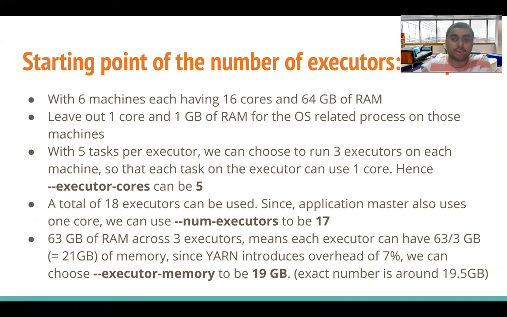Again, there is no mathematical formula, no straight formula for that. This is something you will have to try. Go on the UI, check how many tasks are running, how many tasks you have supported to run. Just multiply the number of executors with the executor cores, and that will give you the number of tasks which can run in parallel. See if your tasks are getting backlogged. Are there tasks which are not triggered because of insufficient resources? Try to increase the parallelism.